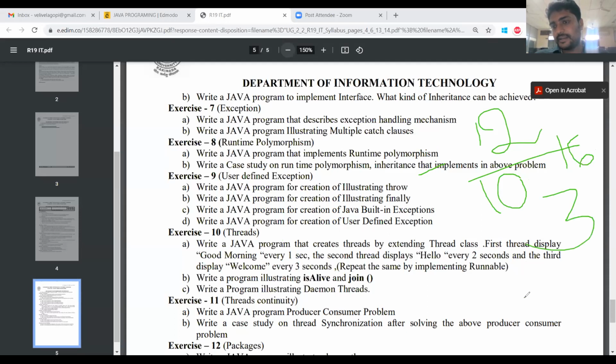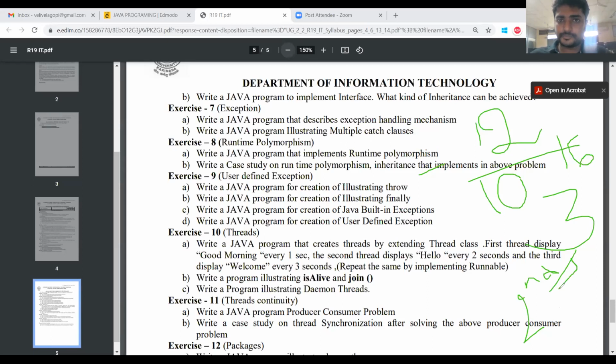After that, second year will start. That means maybe at the end of July you may come to the college. You have to come to the college for attending the lab internals, theory internal exams and external exams. So prepare yourself to come to the college at the end of this month.